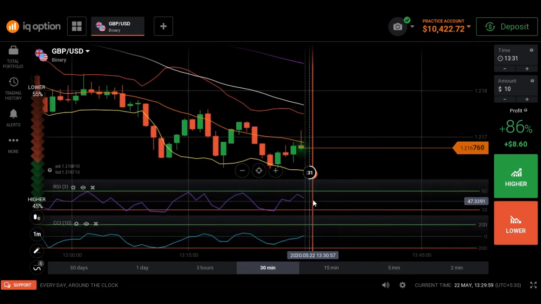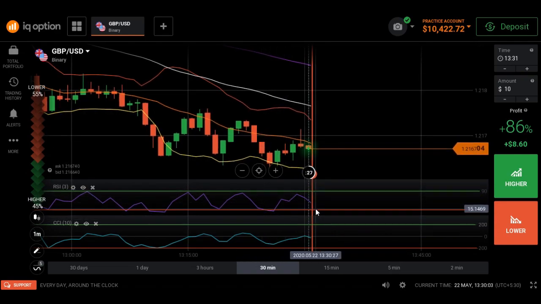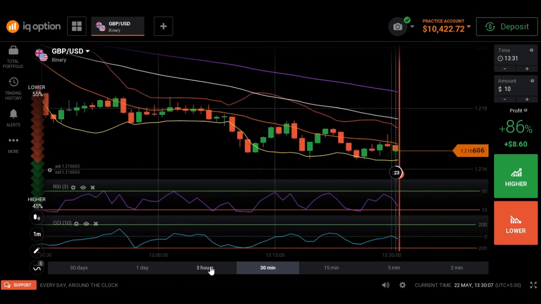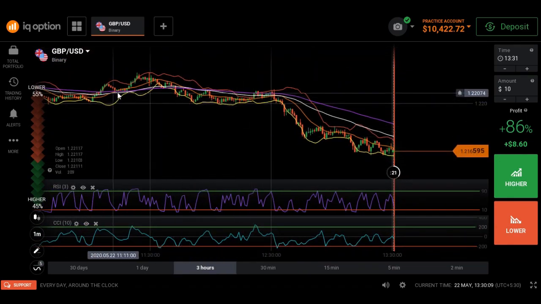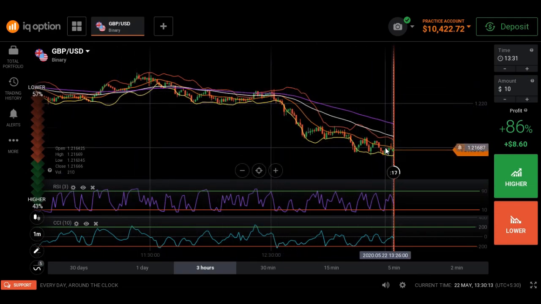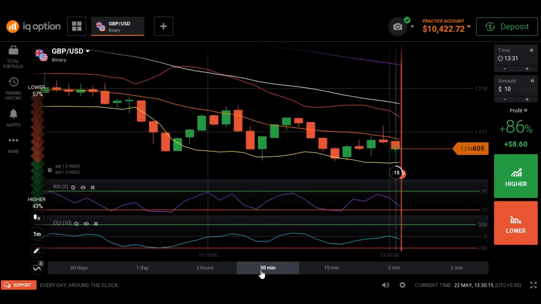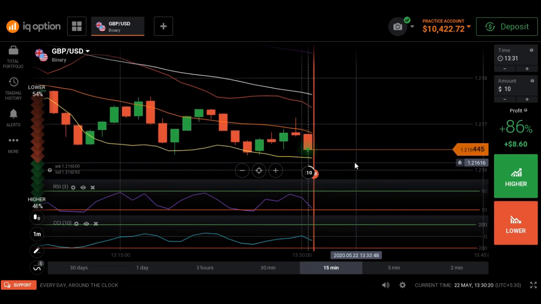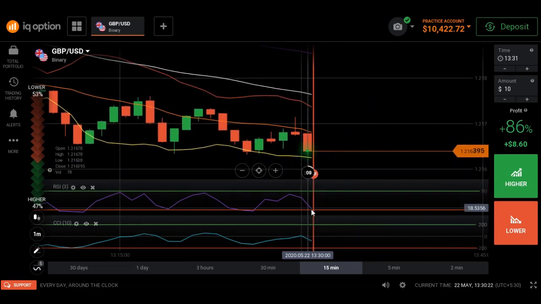and the RSI is going down now, so this is a downtrend. You see it's a downtrend. We see the 3 hours trade, you see the price going down, so that means this full chart is in a downtrend. So what we are going to do is wait for RSI to hit this line,